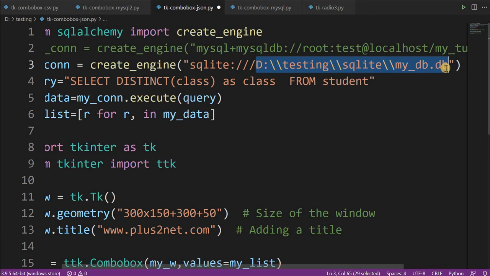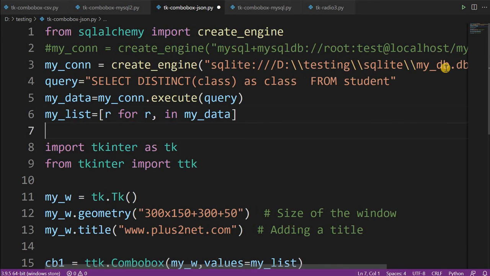This will create the database for you, create the student table, and around 35 records will be inserted, so your database will be ready. Otherwise you can use the downloaded my_db.db file as your database file.